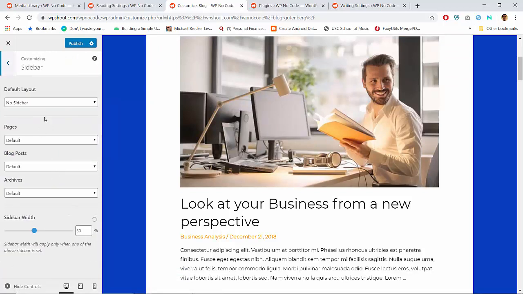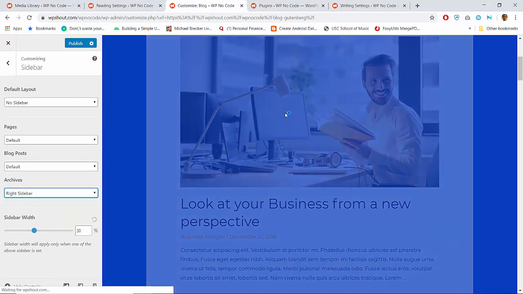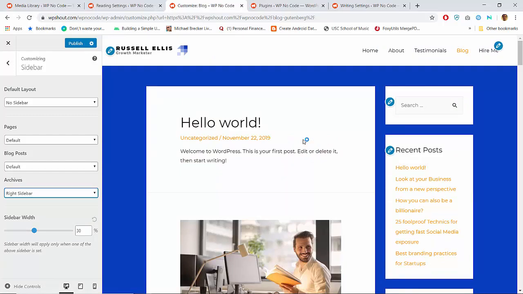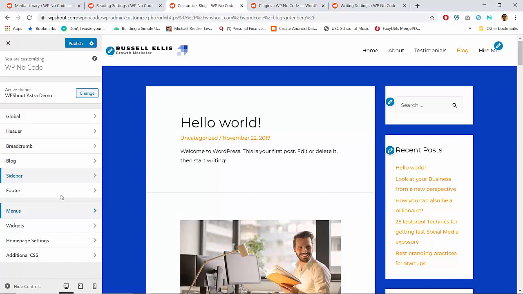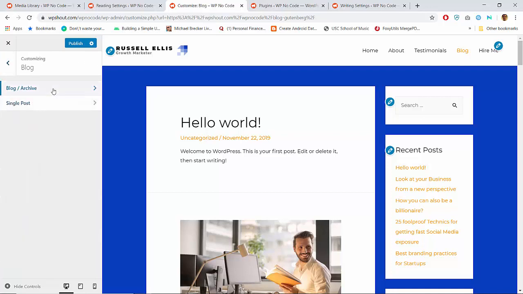So the default layout is no sidebar, which I like. I think this counts as an archive page. That's the way Astra thinks about it. This is an archive page, the blog archive page. So we'll say the sidebar with this 30%. Okay. And then now with that, how do we go back to the blog and say,